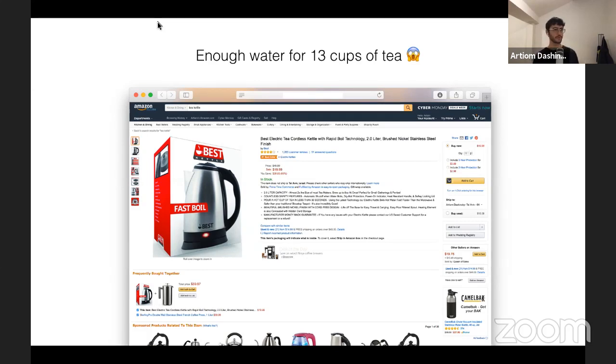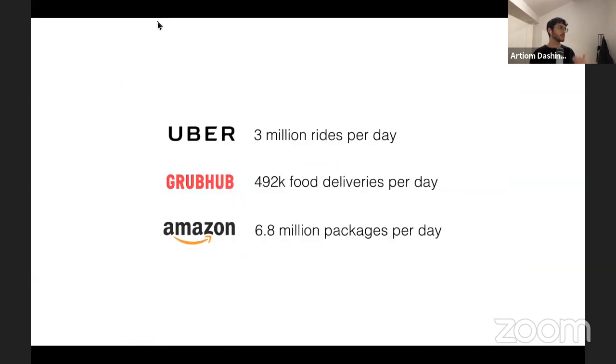So I assume that most of the people who are joining this meetup are working on digital products. And I think that as product managers or product designers working on digital products, we don't really think about this type of effect that our products can have on the real world. So, for example, Uber, Grubhub, or Amazon: if we here in this meetup worked at any of these companies, we would probably work on a digital product. But when we think about it, it actually has a lot of impact on the physical world, and as a result, affects the environment.